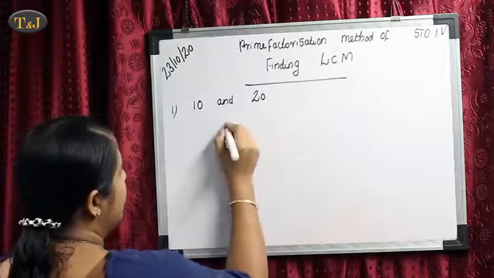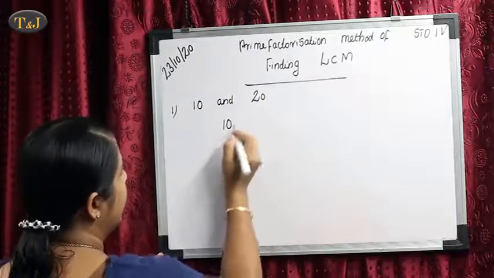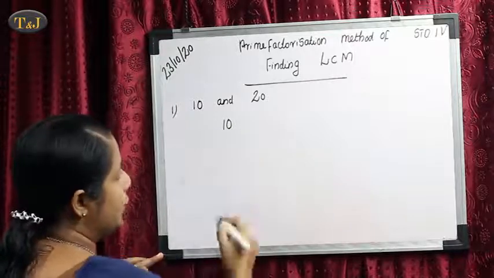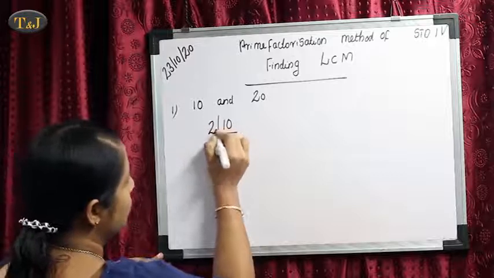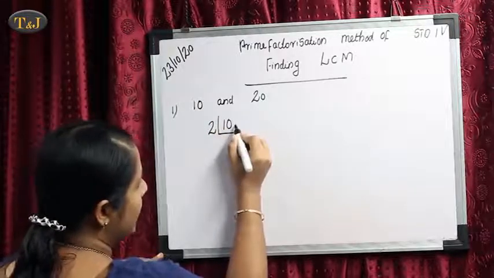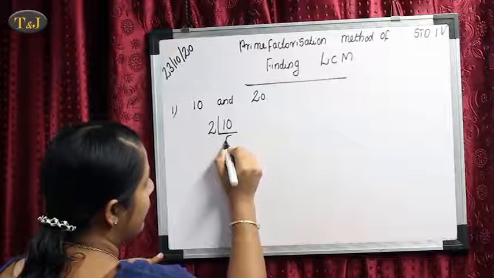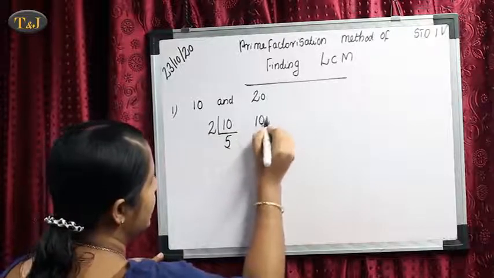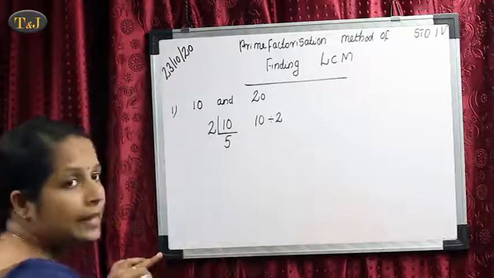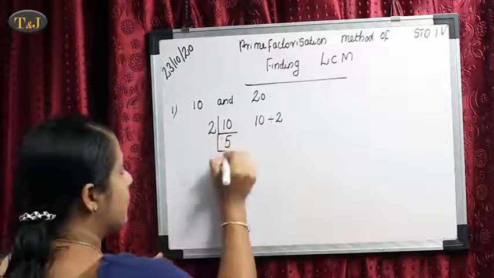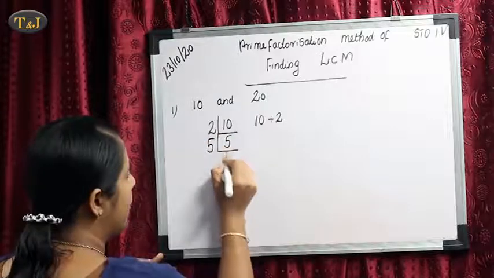First we take our number 10. The ones place value is 0, so this number is divisible by 2. In 2's table, 10 comes how many times? 5 times. So our first step is 10 divided by 2. The problem is over because 5 is a prime number. So the factors are 5 and 1.